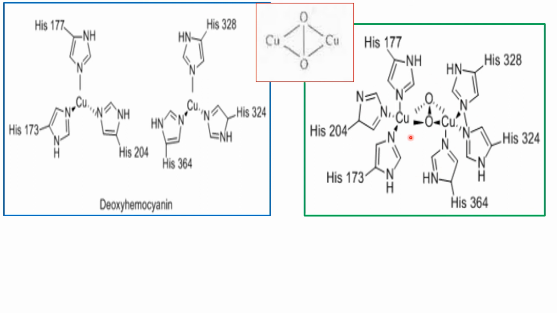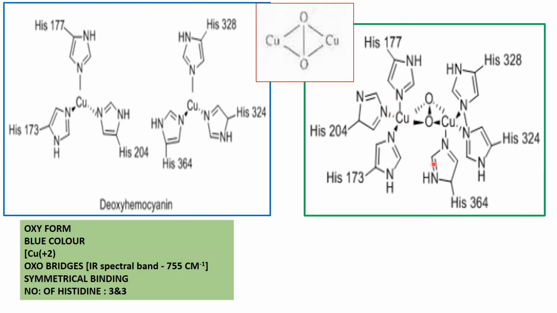Okay, so the coordination number of each copper atom is increased here. That is, from 3 in the deoxy form, in the oxy form it is 5. The 3 nitrogen atoms from the histidine units and, sorry, 2 oxygen atoms from the oxygen molecule. So the total coordination number for each copper atom is 5 here,